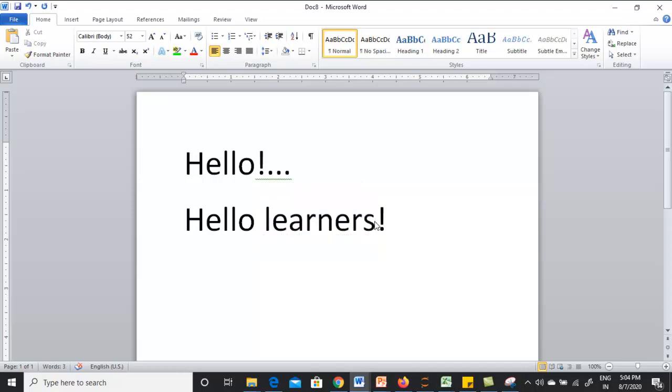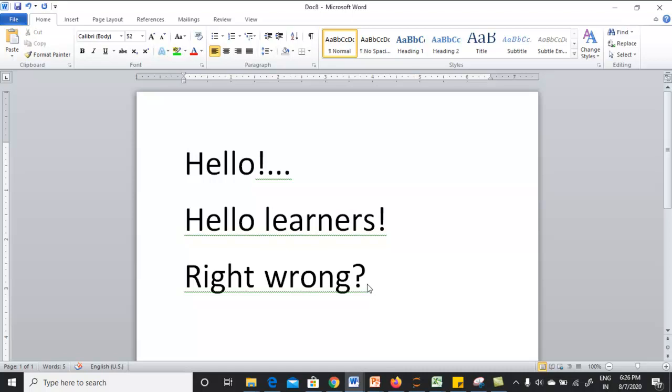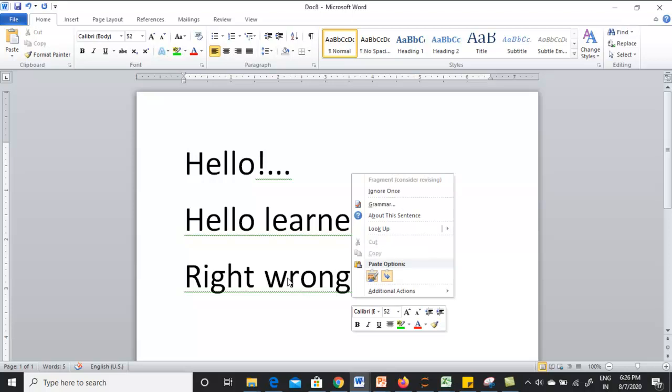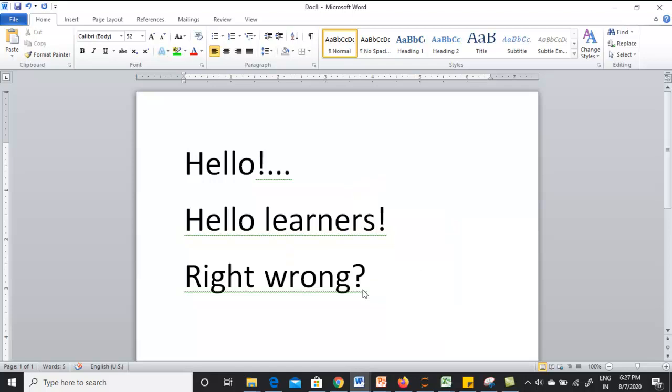Now I am going to type one sentence. When I press the enter key or the space bar, automatically it gives a green symbol. What does it mean? If you right click, you can check. It is asking you to consider revision of the fragment. Fragment is a sentence that you have written, and it is suggesting appropriate grammar for making it right. Microsoft Word is running a grammar checker at its back to check the syntax of the statements. Syntax refers to the structure of the English statements that you are writing.